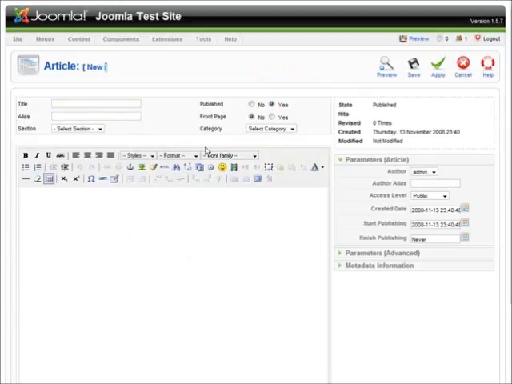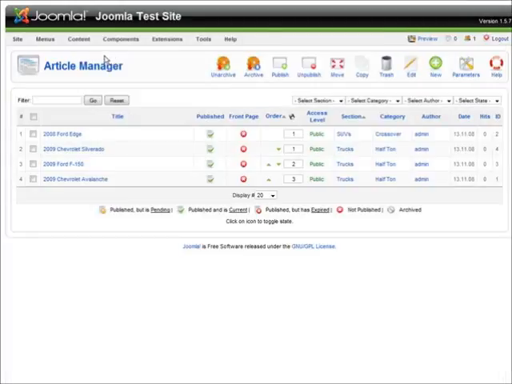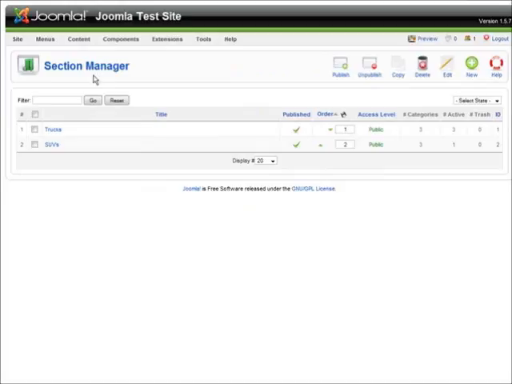Now since our home page isn't going to really fit into one of our existing sections, trucks or SUVs, we should actually create a new section for it and probably a new category as well. So let's exit this first, and then we'll go to the section manager and create a new section,